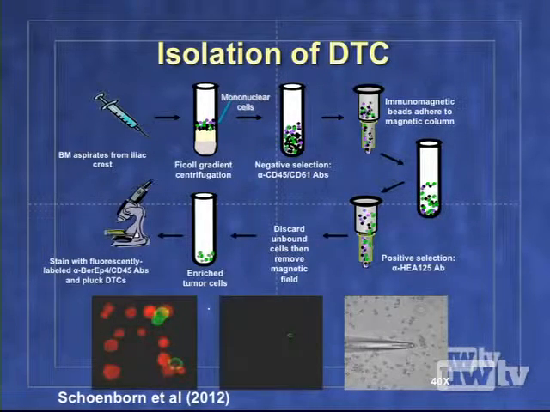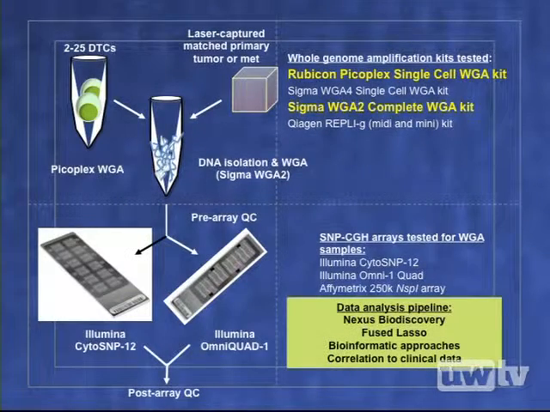So you will have the red stain for the CD45 positive blood cells, whereas the green stain is for the epithelial markers representing the disseminated tumor cells of prostate origin. We usually end up with just 2 to 25 of these cells, and then they go through whole